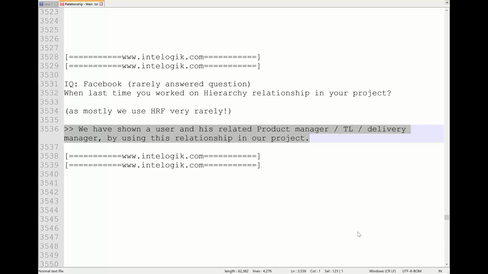Yes, exactly. The field is already present. He will say, then you are giving me wrong information. When it's already present, why did you create a manager field? By default, a standard field called manager is there. So you say product manager, team lead, delivery manager, section manager, etc. Various options are there.